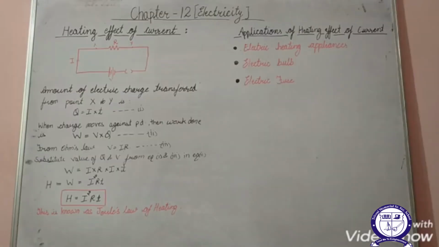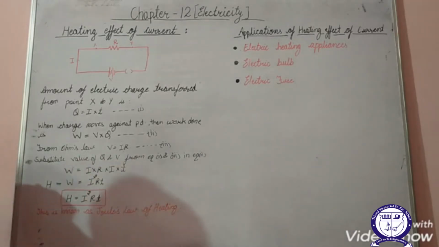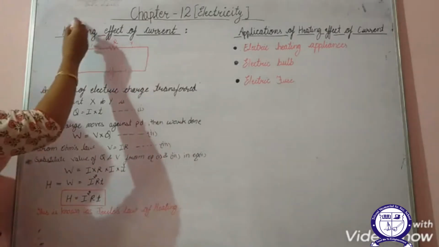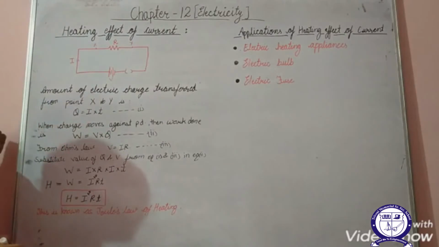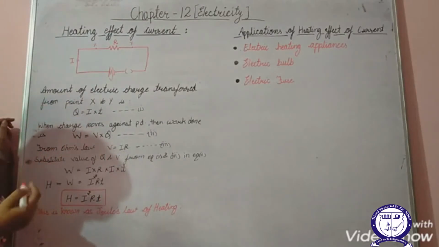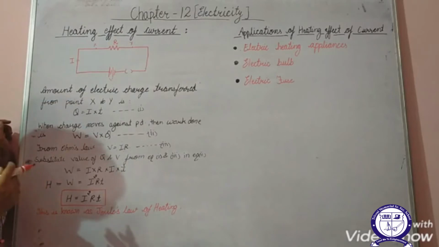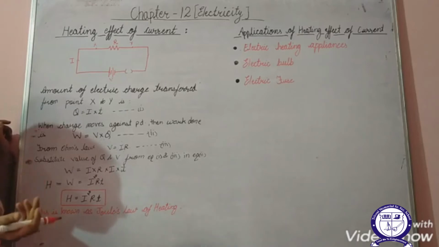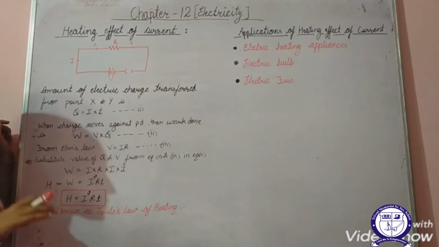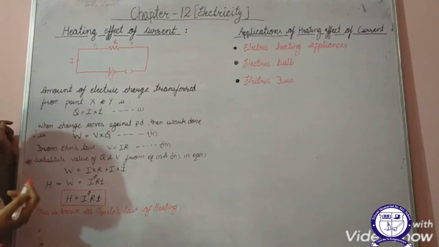Next is heating effect of electric current. Now what is basically the heating effect of electric current? This is when a heating effect is produced in a conductor because of current, so that is known as heating effect of electric current. Suppose when current passes through an electric bulb, what will happen? If you touch that bulb, it appears to be warm. In a similar way, if you operate a fan for a longer duration and you touch that fan, then that also appears to be warm. This is known as heating effect of electric current.